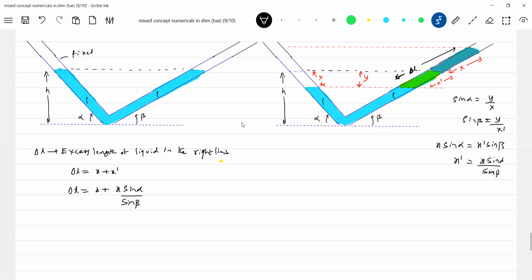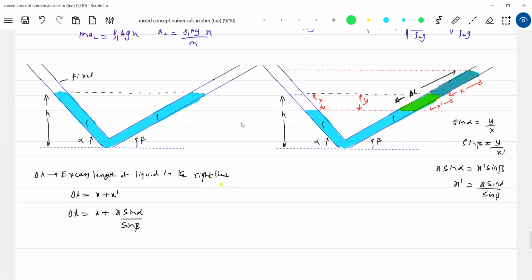Now you can ask questions. What are we actually doing? What is the basic idea? It's in equilibrium. When I press this, the liquid will get displaced. The weight of this excess liquid, the weight of this particular length of column, will produce a restoring force, and that will make the liquid accelerate. When you press and release, it'll go like this. This much liquid column will set up a restoring force which makes it accelerate, and like this the liquid column will be executing SHM. That time period is what we are finding out.